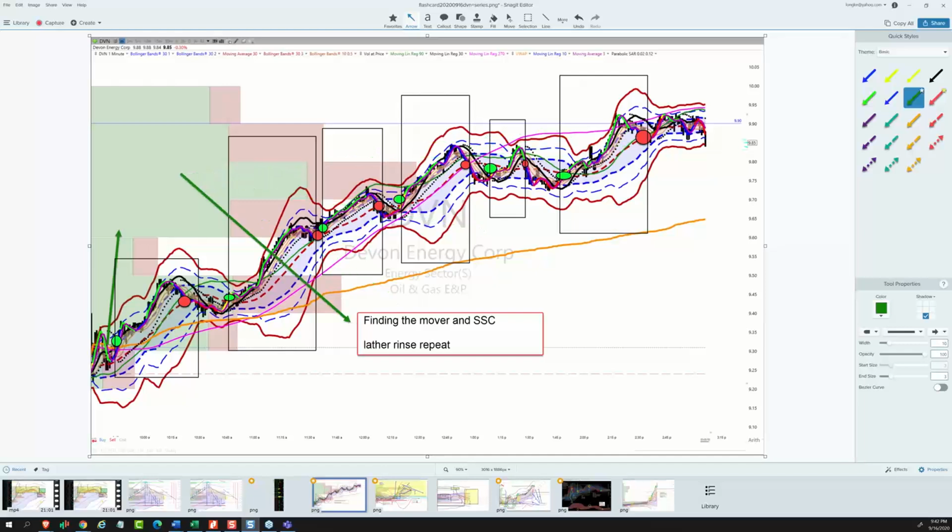I mean, god dang. All day long, energy was crushing it, and Devon was crushing energy. And that's all it did all day. Find the mover and exploit it. That's just with one position, and that's 15 R, 15 execution R. Find the mover on a day where the market was down 0.4. There's 15 R in one symbol. Find the mover, and it started with finding the mover right from the open. So that's what I want to say about that.